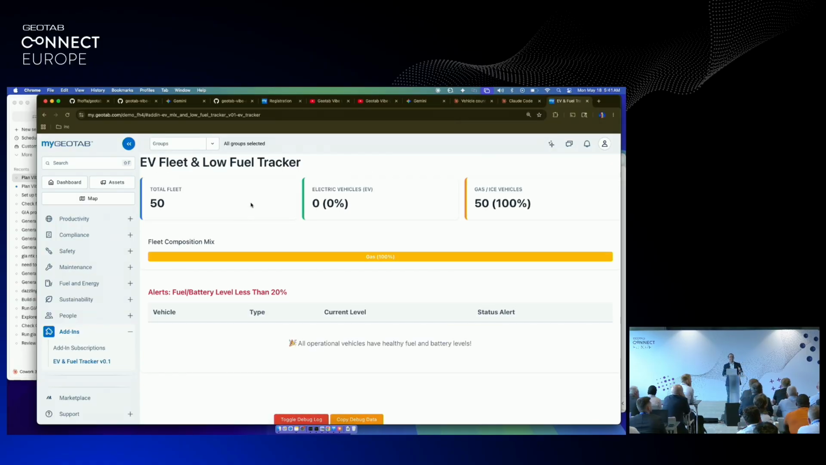Okay, in this fleet, in this demo database, I have 50 vehicles. None of them are EV. 50 are gas. I need a different demo database. Everyone is super healthy right now. But again, this is a demo database. The fact that I was able to create this, that it's interactive, that it understands my fleet, I can start playing with it. For example, I can ask it,